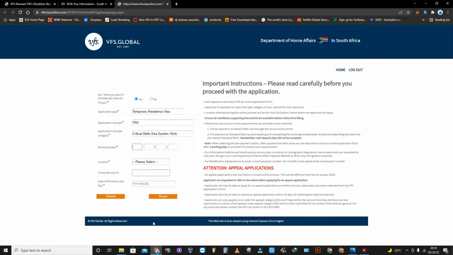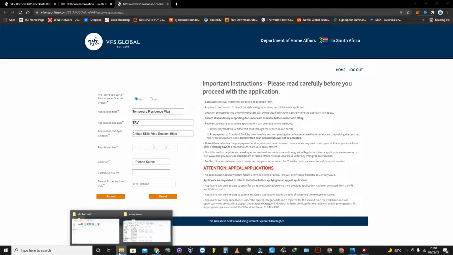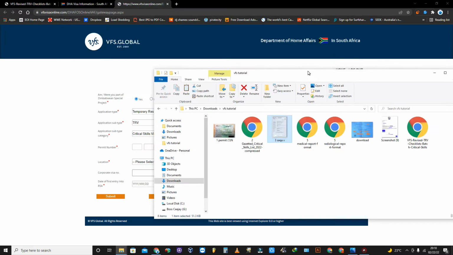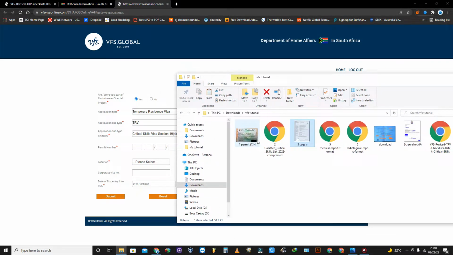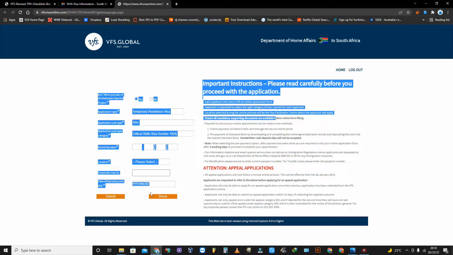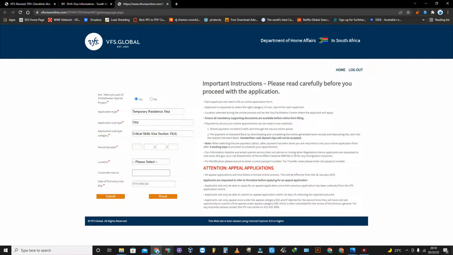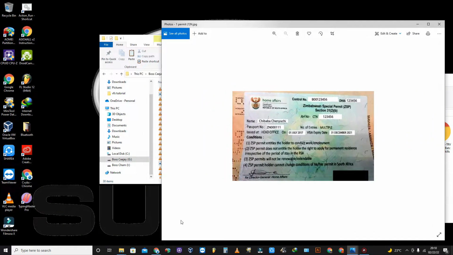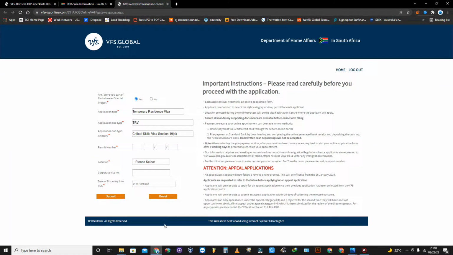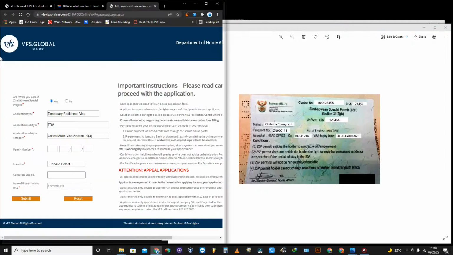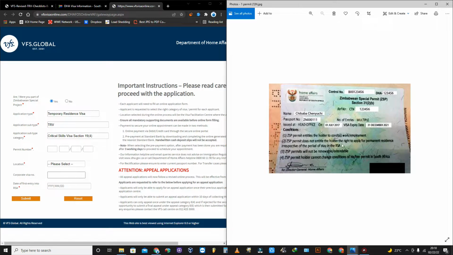Permit number, you have to go back to your old permit which you were using before. So for this tutorial, I just made a mock-up of his previous permit right here. So the permit number is, I'm trying to put this side by side so that we can see clearly. Okay,